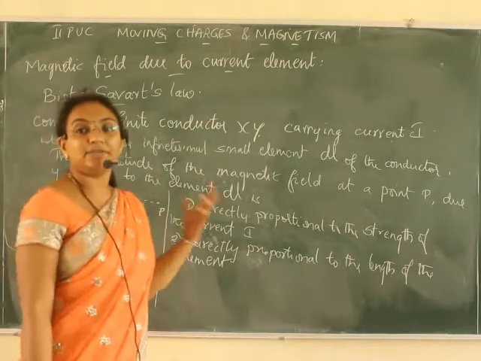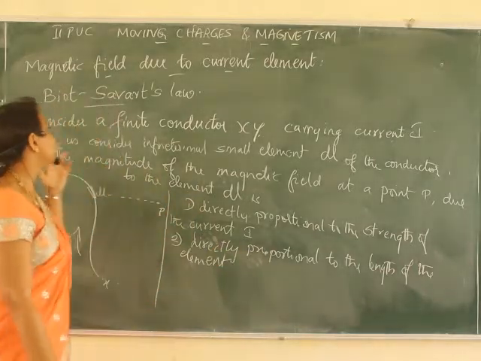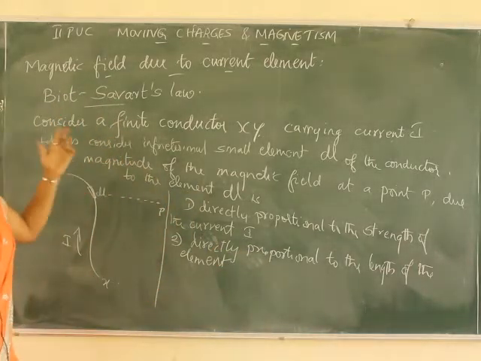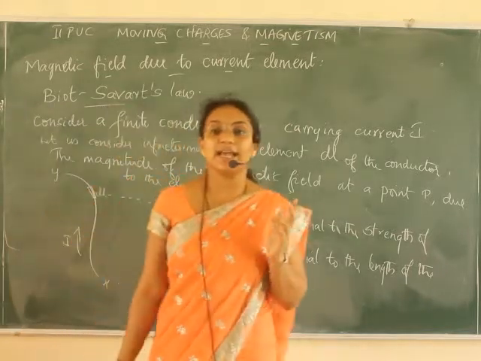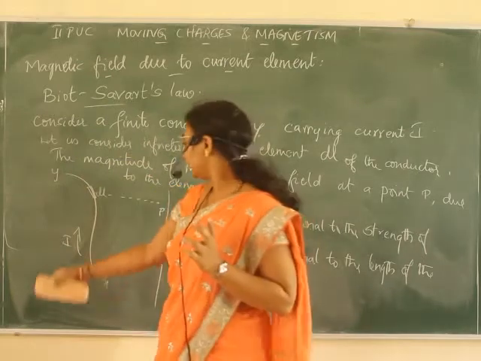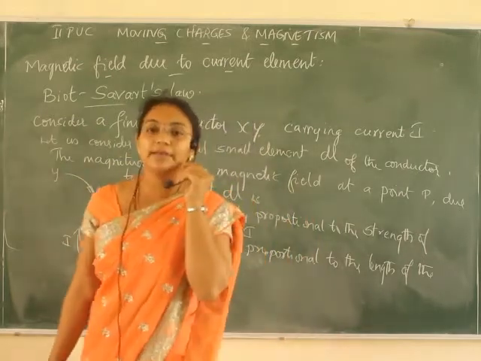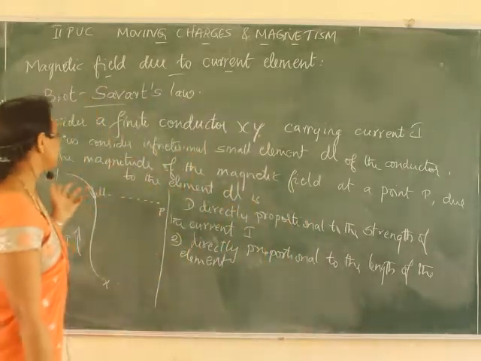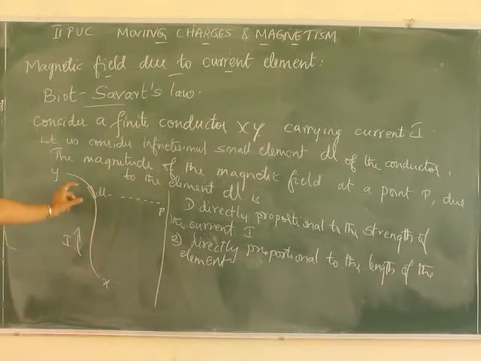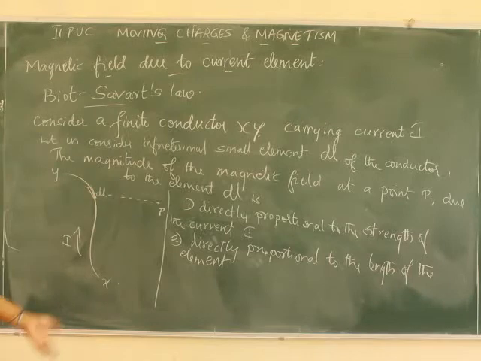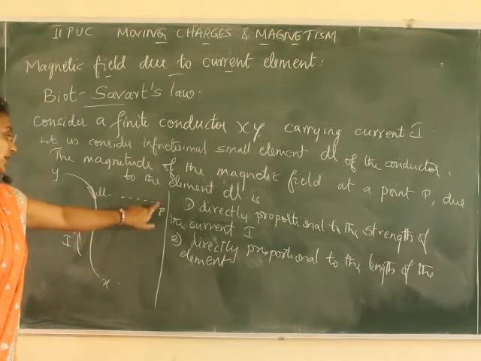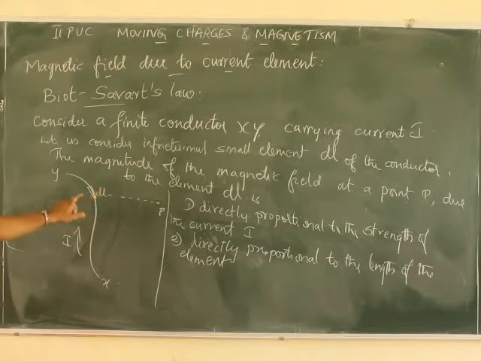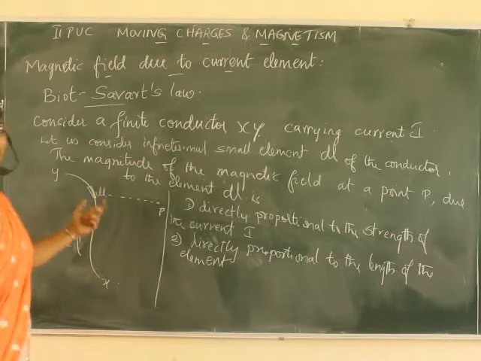We were in our previous class speaking about the Biot-Savart's law, correct? That is, we have to consider a finite element XY. Let I be the current flowing through it. We will consider one small element of that, dl. The magnitude of the magnetic field at a point P due to this element dl is, first one,